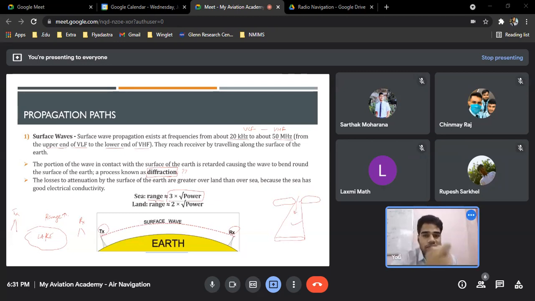Power is the amount of power we have applied for transmitting that wave. These questions are directly asked, and this point is really important. This point has been added by me myself. I have studied this. You'll not find it in many books, but Oxford might have it, so go ahead and study. This is an important formula, might be asked in the exams. Please note it down if you can.